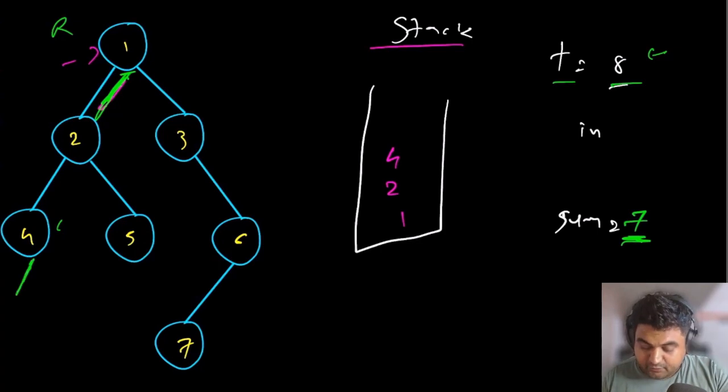Now since at this 4 we cannot go down further, but we still have elements that we haven't visited, we are going to do a backtrack. So we are going to get rid of 4. The moment we do a pop operation from our stack, we will also have to reduce the sum as well. And now the current sum is going to be, sorry, not 4, the current sum is going to be 3 at the moment.